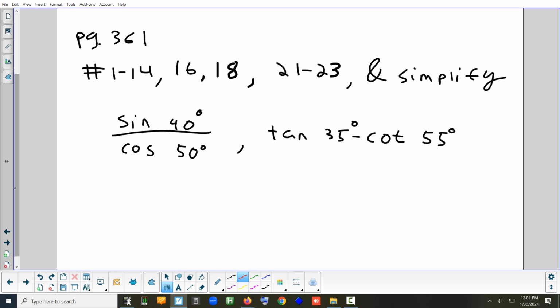Okay, so the homework, it's mostly in the book. That's the 1 through 14, 16, 18, 21 to 23. But I do want you to simplify sine 40 over cosine 50 and tangent 35 minus cotangent 55. So those last two problems are not in the